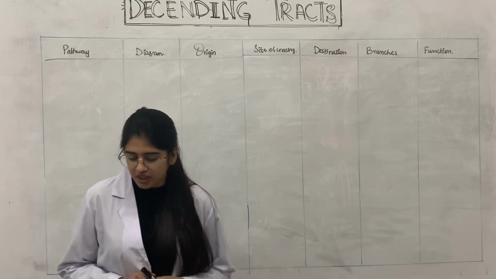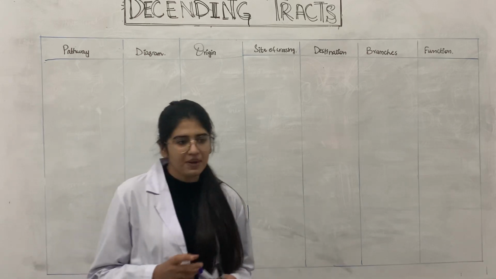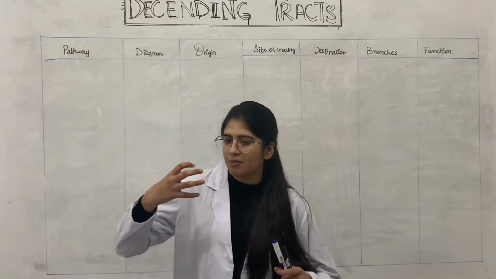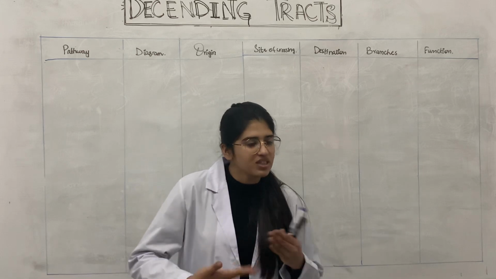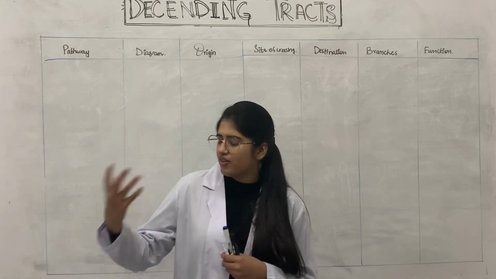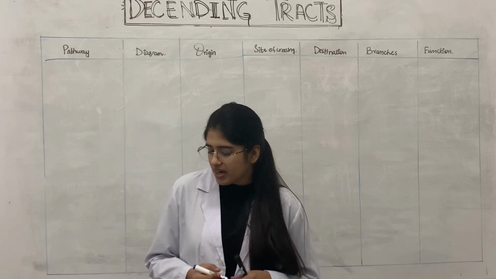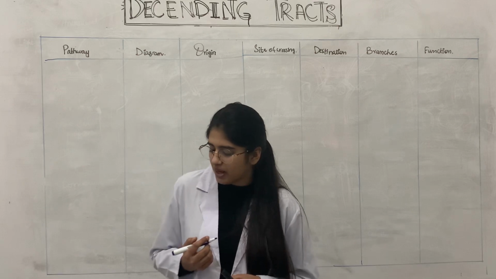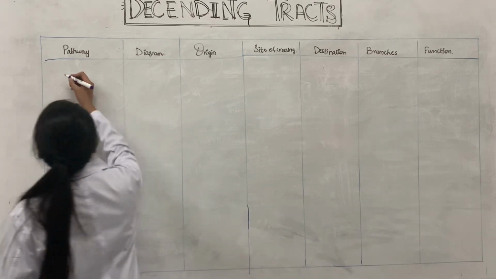They are for rapid skilled movements. Rapid skilled movements means that, for example, you have to very rapidly send the signals downwards to the muscles or to the area wherever you have to perform the function. To very rapidly, voluntarily send the signal, this pathway is responsible for that. So, corticospinal